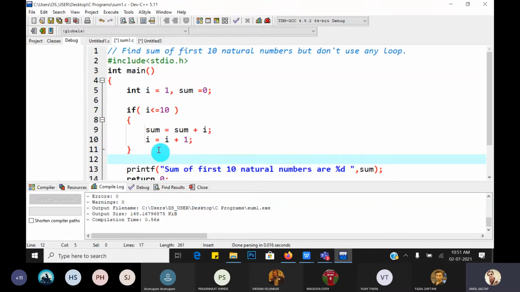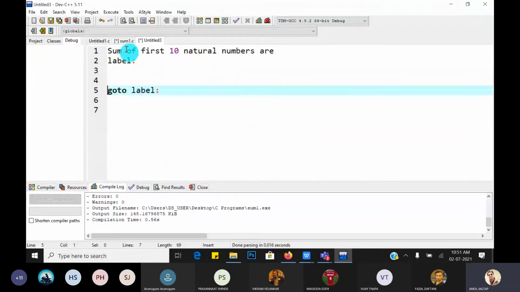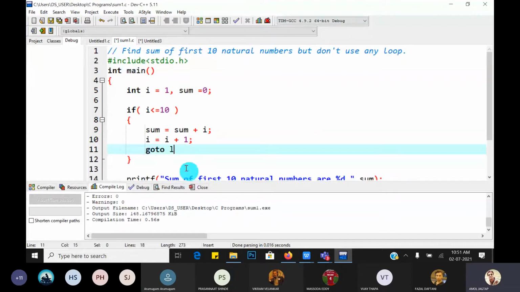So we have used this construct only. Instead of while, we write if. Other things, that is the algorithmic part, condition, everything is the same. But after this, what is the problem? The if is not executed like a loop; again, this is not repeated. So here you have to write goto L, and write L colon here.